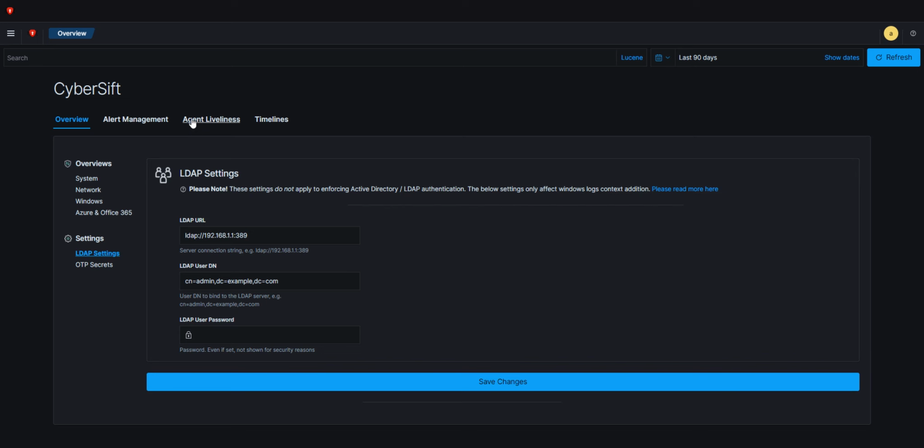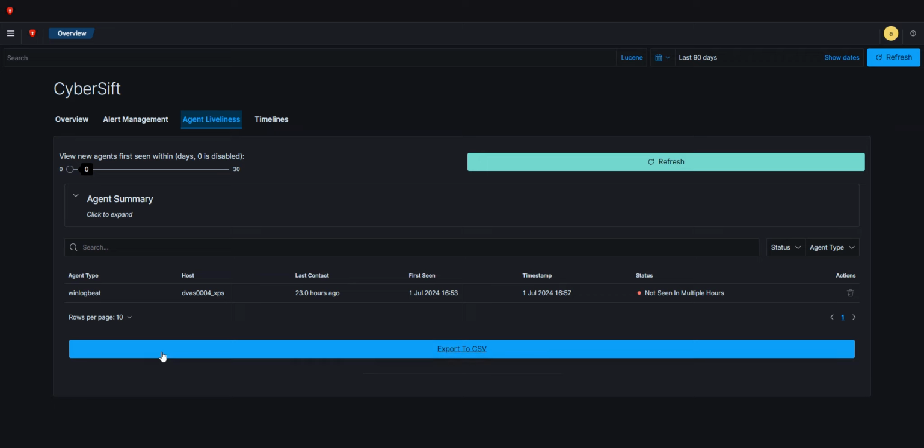Probably the thing that you would end up using the most is the agent liveliness, because this gives you a report of all the agents that have been reporting in, which ones have not been reporting in,